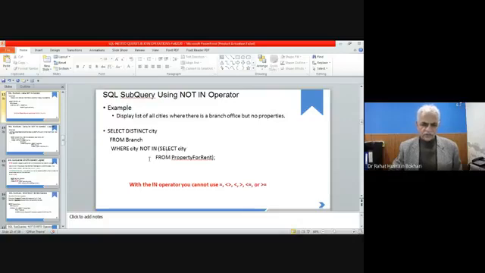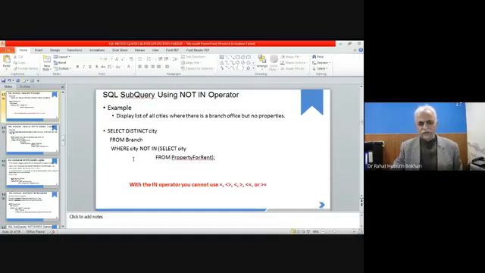Now we have to see whether the value of the city in the branch table falls within this list of values. If it is compared with any of the values and it falls within this list, then we get the result from the outer query.